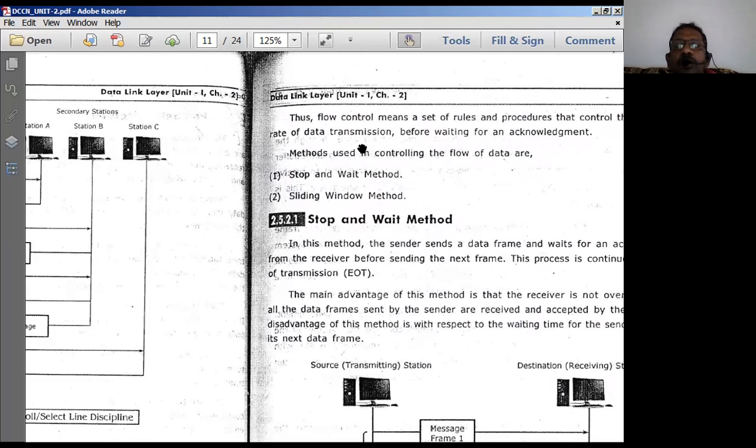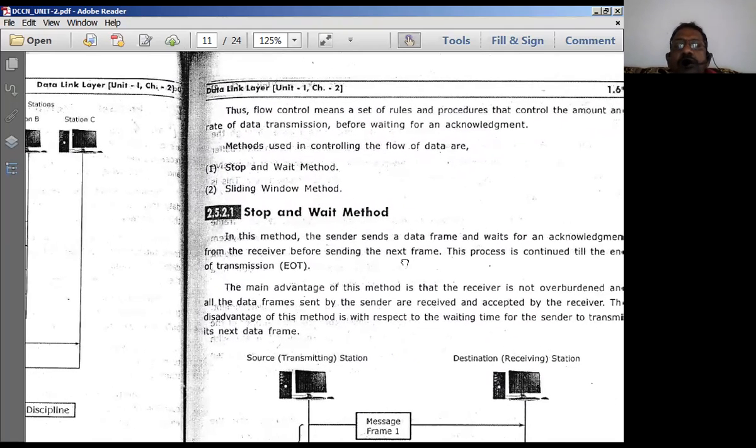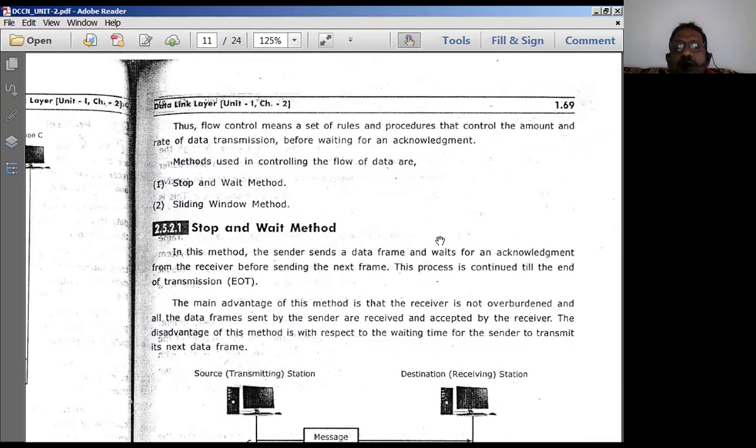Now, why is this flow control essential? Usually flow control is essential because the source computer is going to transmit its own data onto the network to a remote receiving computer. The problem is that the receiving computer may be busy doing some other work. That is one possibility of rejecting the signal transmitted by the sender.